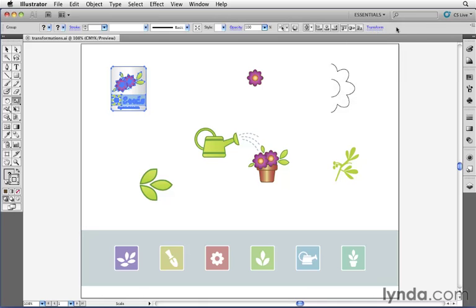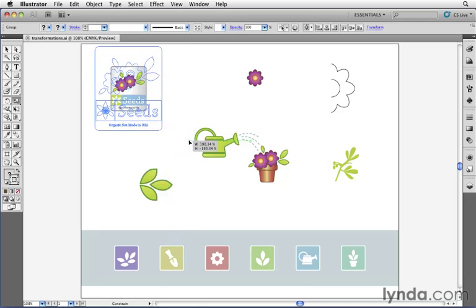So I'm going to click over here just to remove the Transform panel for now, and I'll come back to the artboard. And what I can do now is choose to scale my artwork by eye directly on the artboard. I'm going to position my cursor right about over here. In a minute we'll understand why. And I'm now going to click and then drag in one motion. I'm going to hold down the Shift key to constrain proportions,